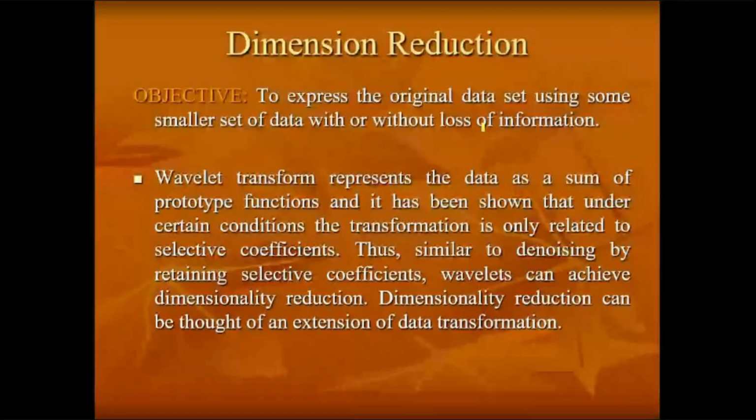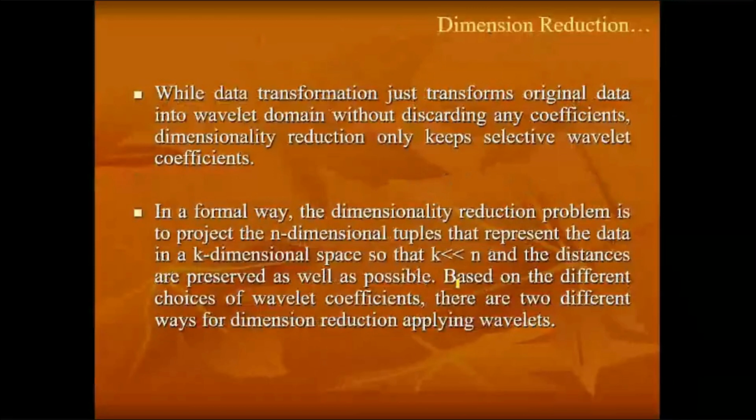So in that case, wavelets played an important role. In data transformation, we just transform the original data into a wavelet domain without discarding any coefficient; for dimension reduction, we keep only the selective wavelet coefficients. That I told, we have to find out the best